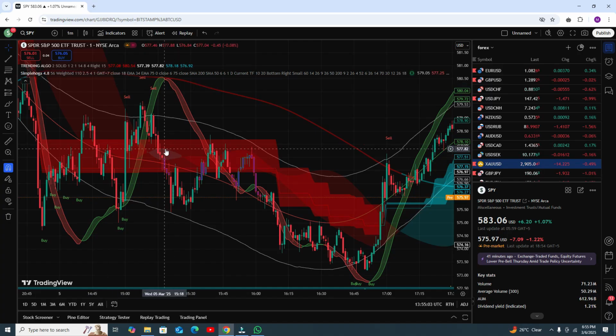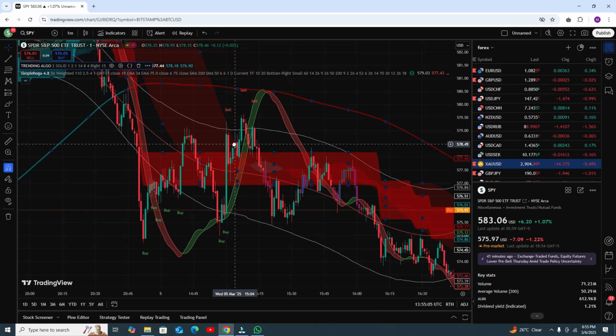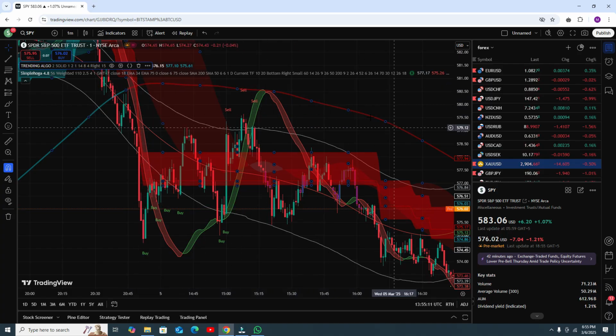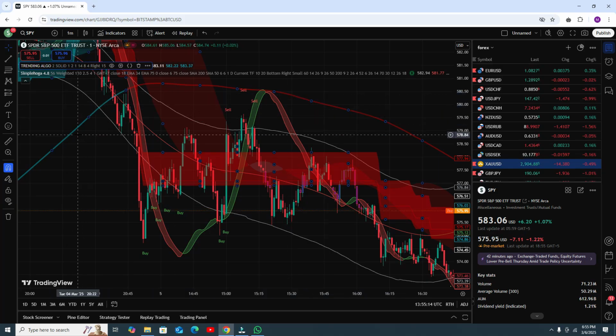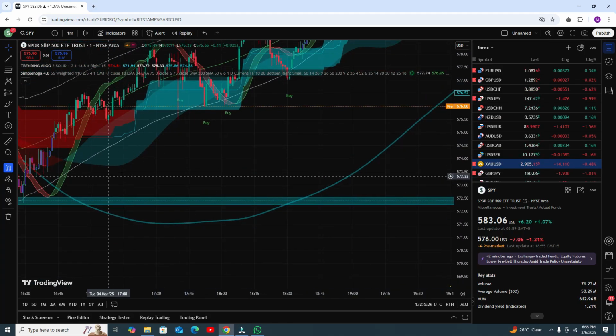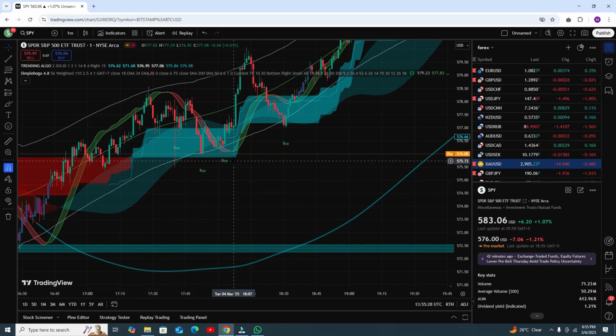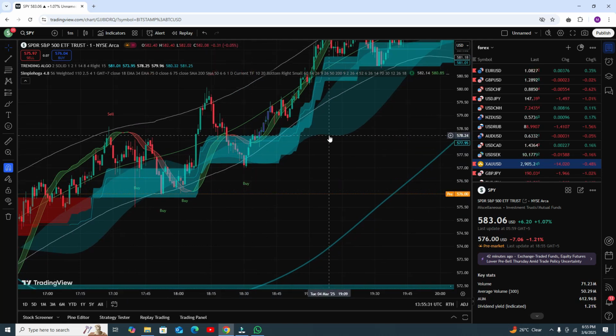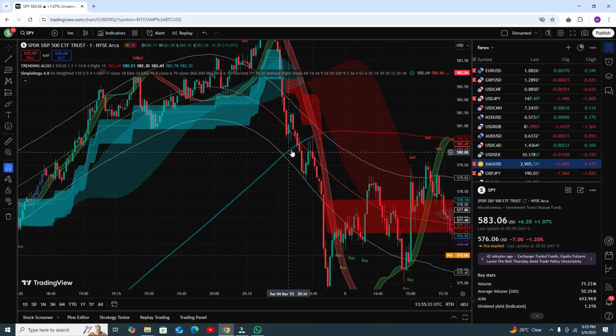Okay, here you can see in the setup you will get five things. The first thing is the trend line, which is actually a red one and a blue one. When the candles are below the trend line, you can see the trend line become red, and when candles come above the trend line, there is a strong buy area, and you can see almost all buy signals are profitable.